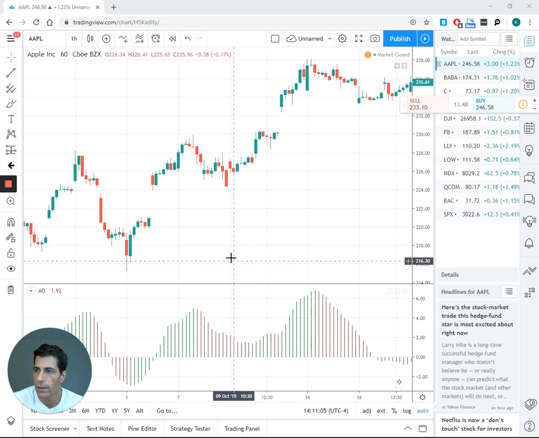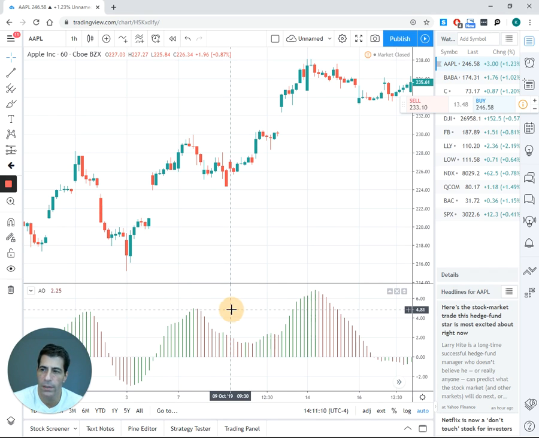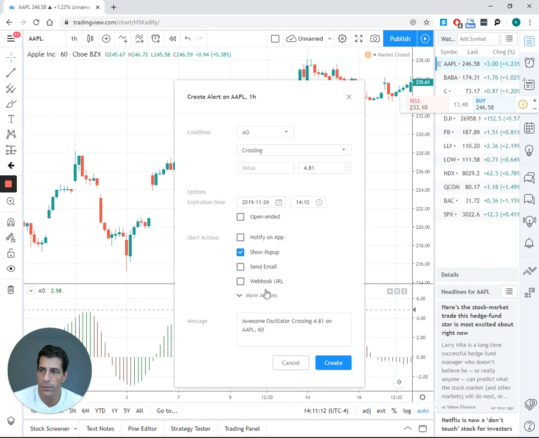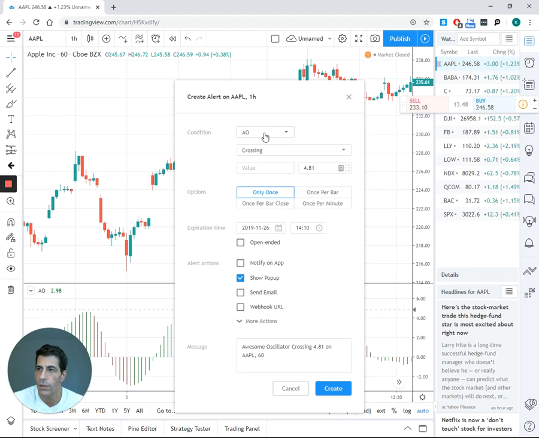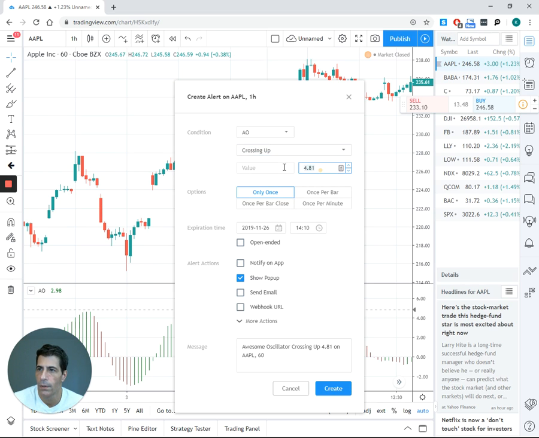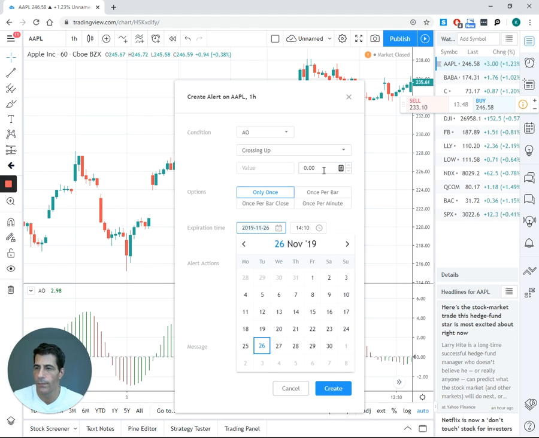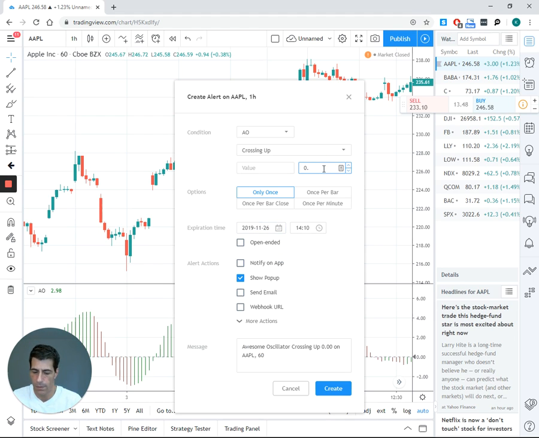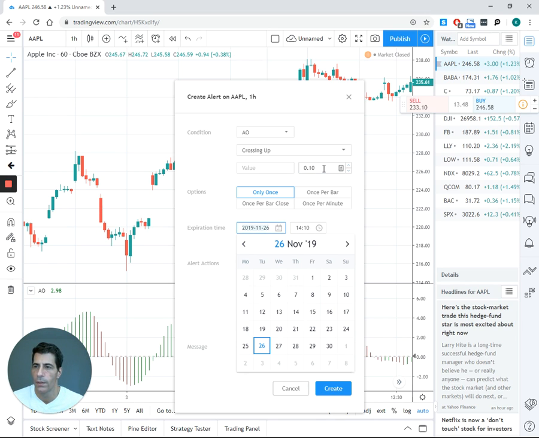So if you right-click on either spot on the chart, but I'm going to click down here to where the awesome oscillator is, and hit Add Alert, the condition is awesome oscillator, and we're going to do crossing up, and the value is it crosses above the 0 line. I'm actually going to make this just a little bit above there. So when the awesome oscillator crosses up the value of 0.10, it's just a little fraction, as it starts to turn and crosses that middle line and goes up,